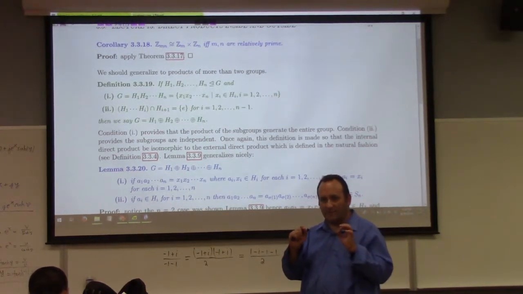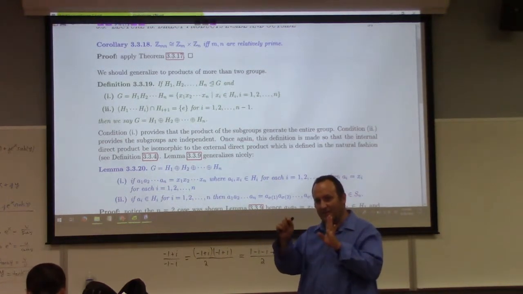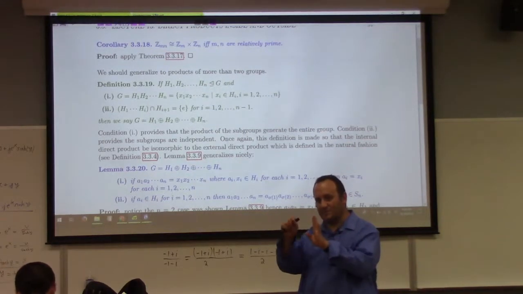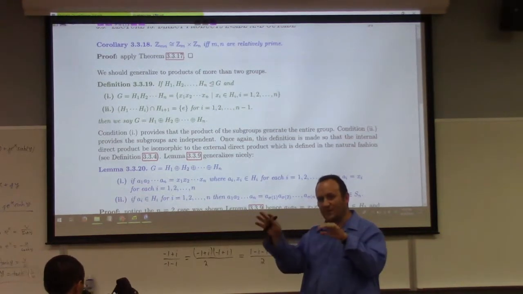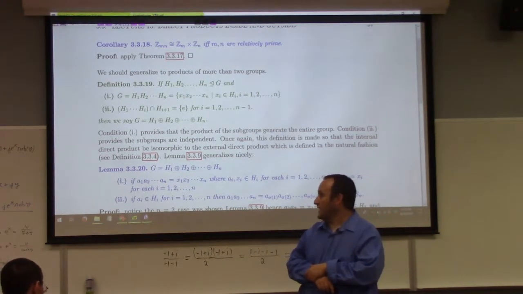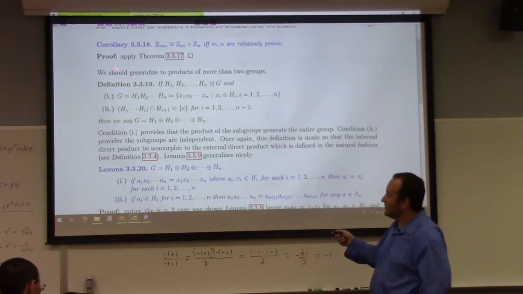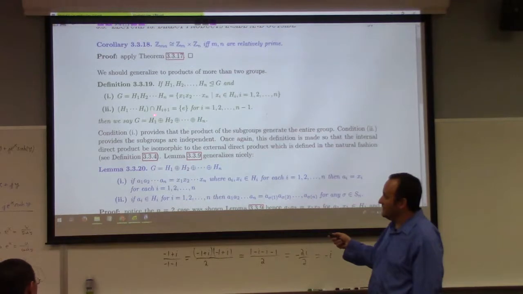So as you generalize that, you might be tempted to say that the condition would be that we have just intersection of pairs, like H1 intersect H2 is the identity, H1 intersect H3 is the identity, H1 intersect H4 is the identity, then H2 and H3 intersected is the identity, just pairwise intersection of the identity. That does not work. That will not suffice to give the kind of independence that we need. We actually have to insist that the product of everything except for the